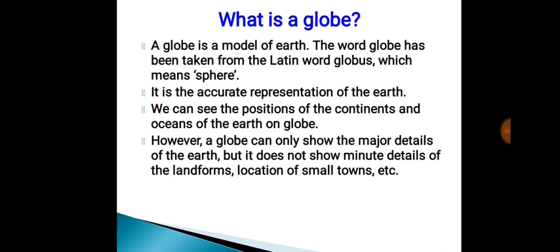So, when we see a globe, it represents the earth, how the earth looks. So, a globe is the accurate representation of the earth. On a globe we can see only the major details, not the small details like our towns, landforms, etc. We can't see those on the